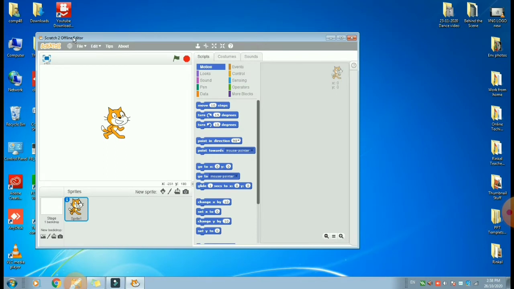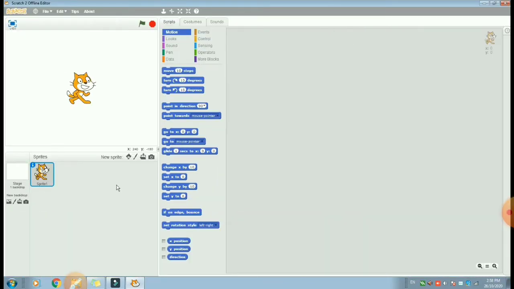Now let's maximize it using the maximize button. Click on it. Now you can see our Scratch 2 Offline editor full screen window. This white part is called the stage. Today we are going to learn how we can change the backdrop of the stage, meaning the background of this white part.